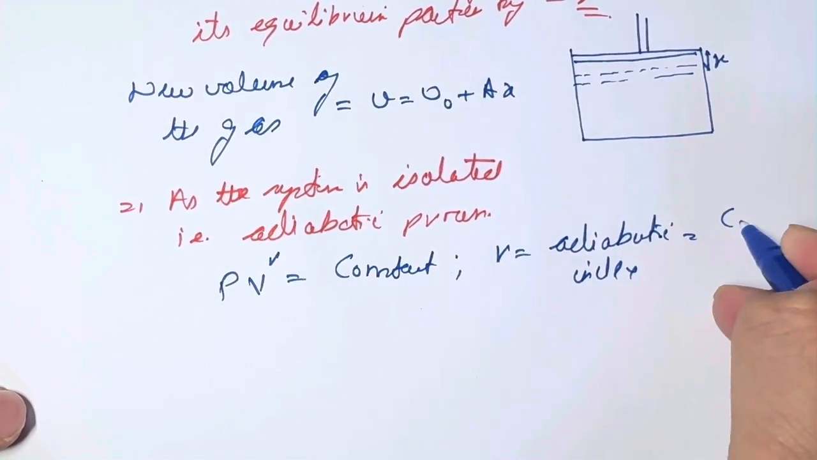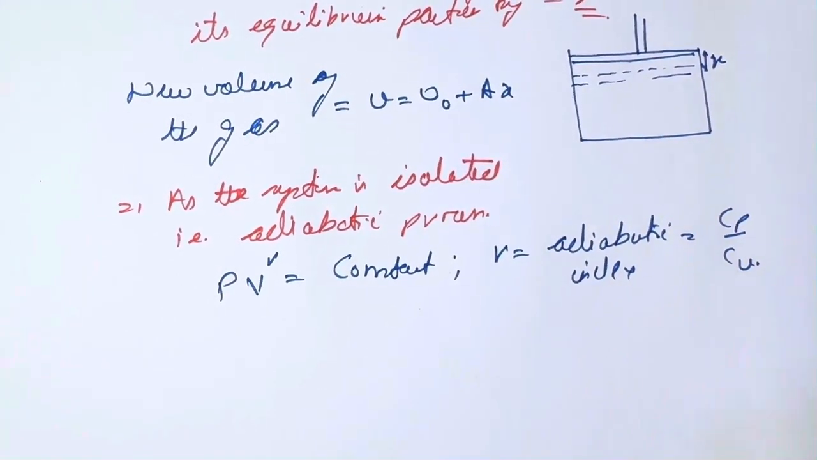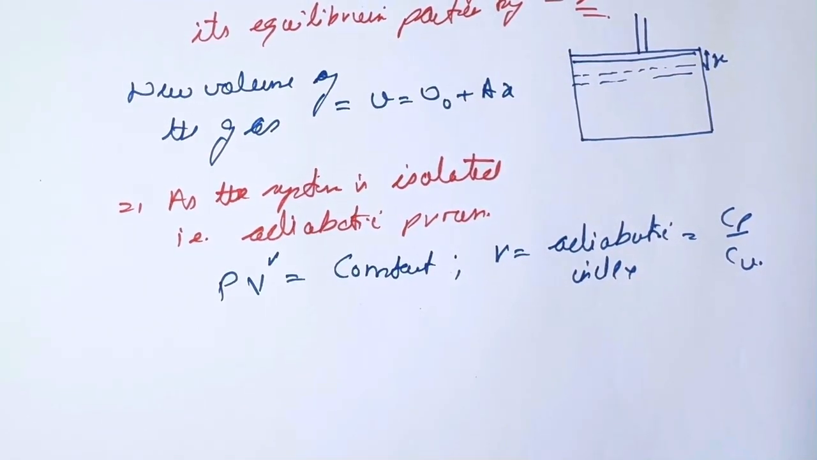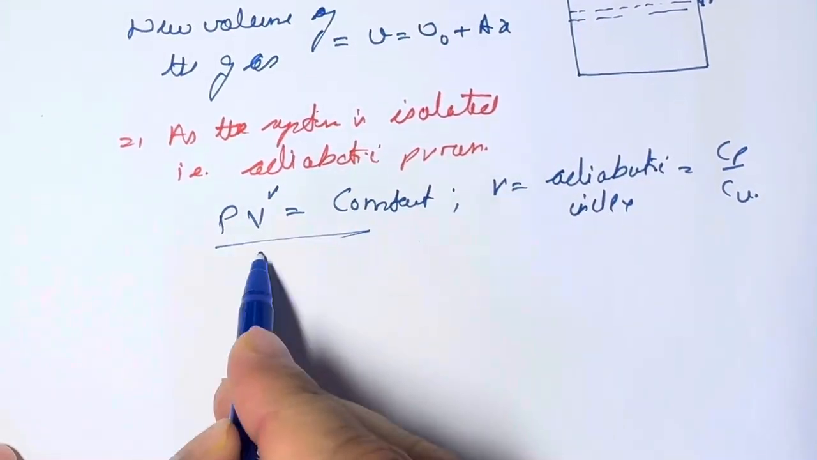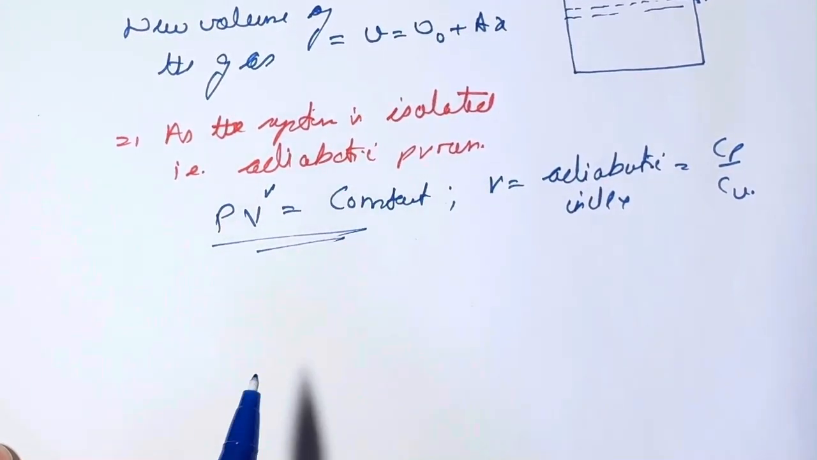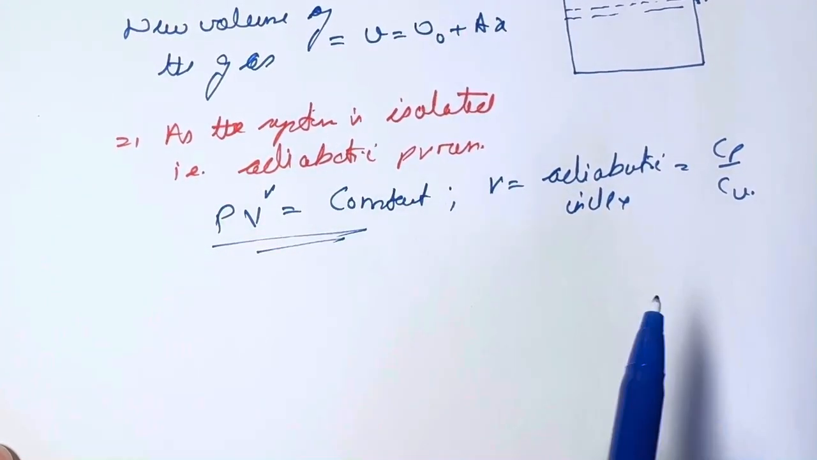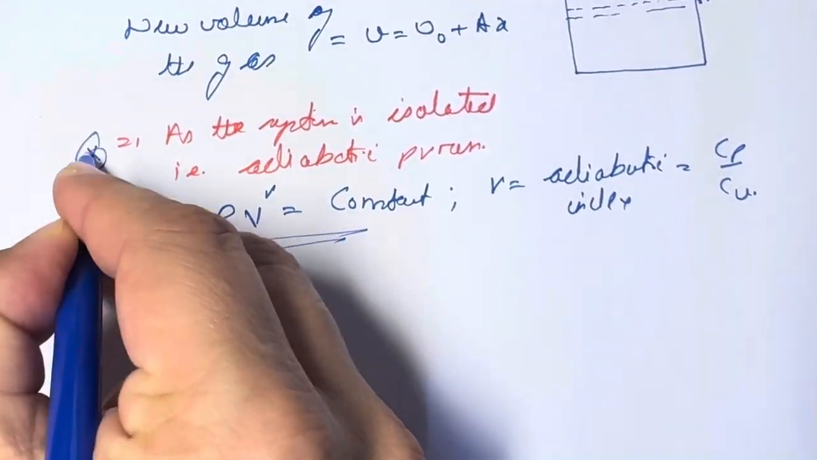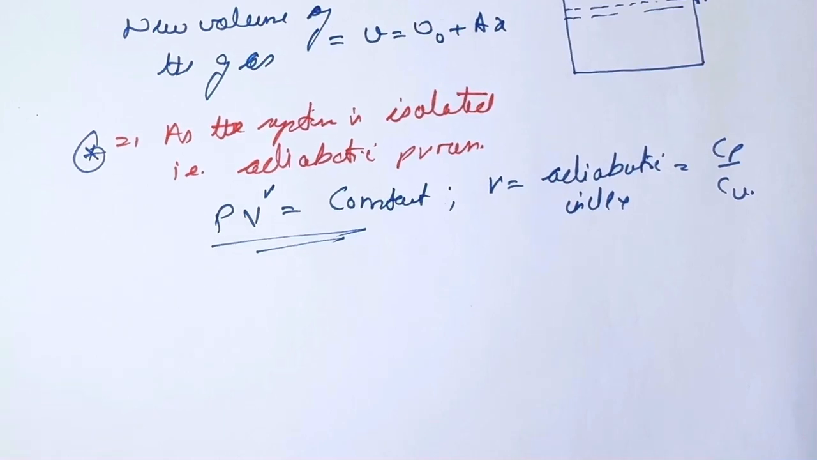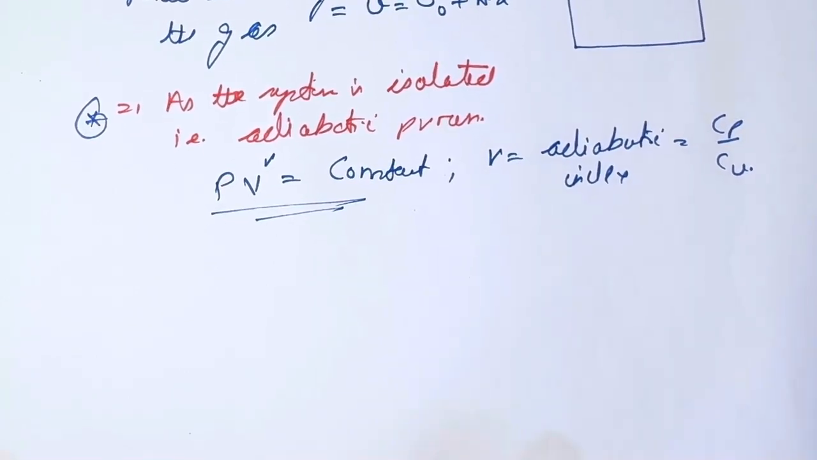And it is given as the ratio of Cp upon Cv, which is not required here. So we are going to discuss this particular equation under two parts. First will be the equilibrium condition, and second will be when the piston is displaced. So we can say at equilibrium